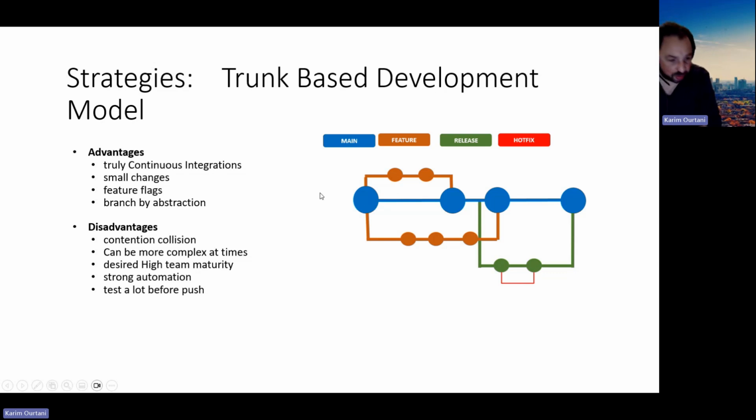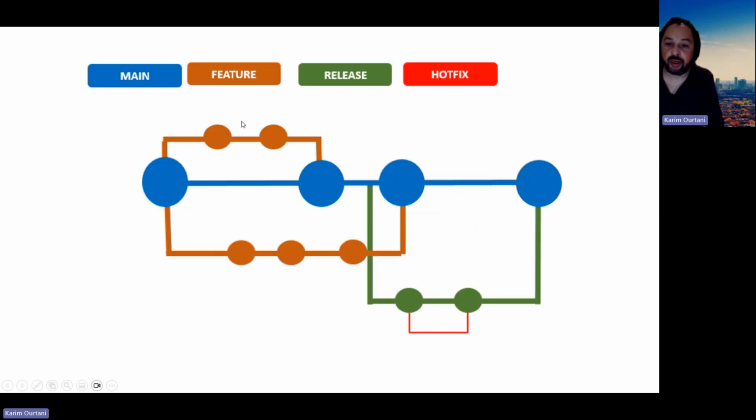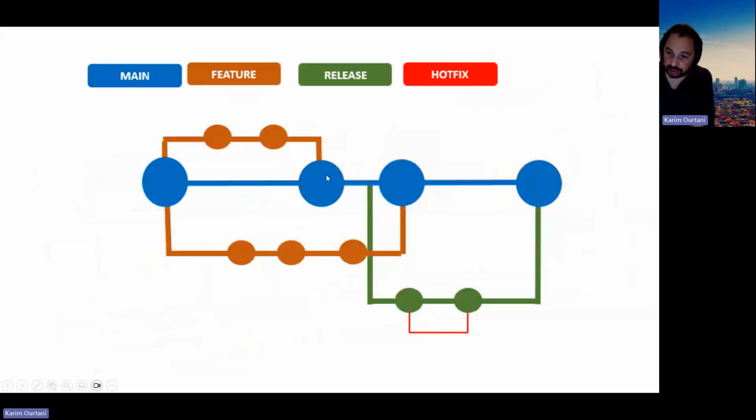Actually, let me just go to the bigger picture. You have one main branch, right? And then what you do is create a feature off of the main branch, and then you make your changes. And then when you're ready, you commit them back. I work on a branch, my colleague works on a branch, and we commit them back to the main branch. During those points here, at these moments in time,